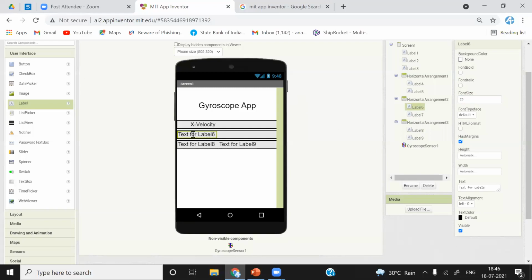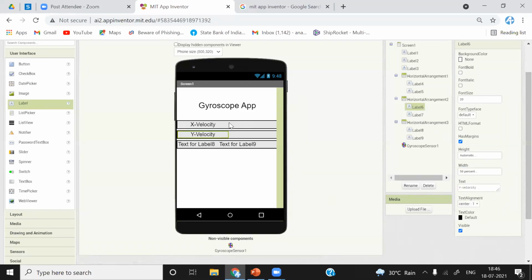Next is y direction. So we'll change this y velocity. Hit enter. Make width of 50% and text alignment as center.